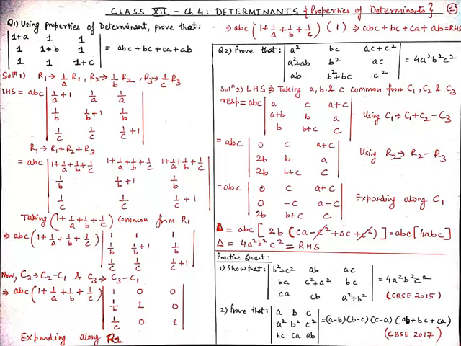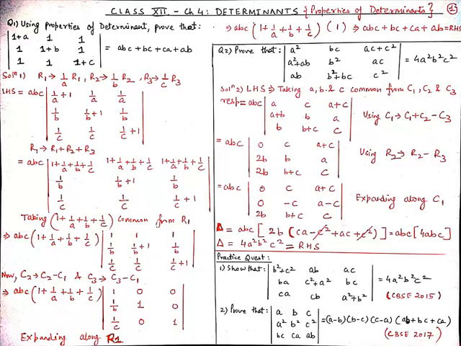So in our determinant, we get 1 1 1; 1 upon b, 1 upon b plus 1, 1 upon b; 1 upon c, 1 upon c, 1 upon c plus 1. And now you can clearly see that all the elements of row R1 are equal to 1. And now we will make 2 zeros from here by applying column operations. So C2 tends to C2 minus C1 and C3 tends to C3 minus C1.